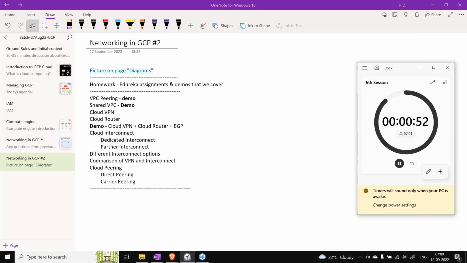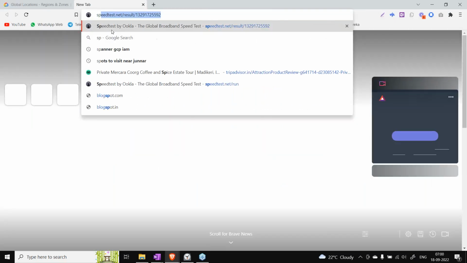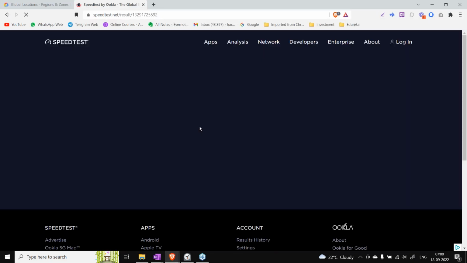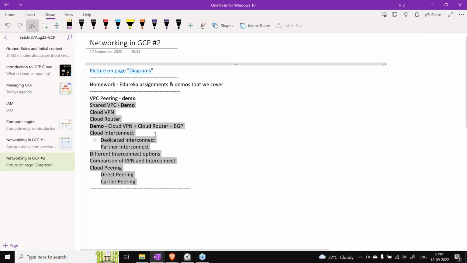So today we'll be covering the one pending piece from yesterday, and then we'll start with the actual agenda I had for today, in which we'll cover a lot of different connectivities.